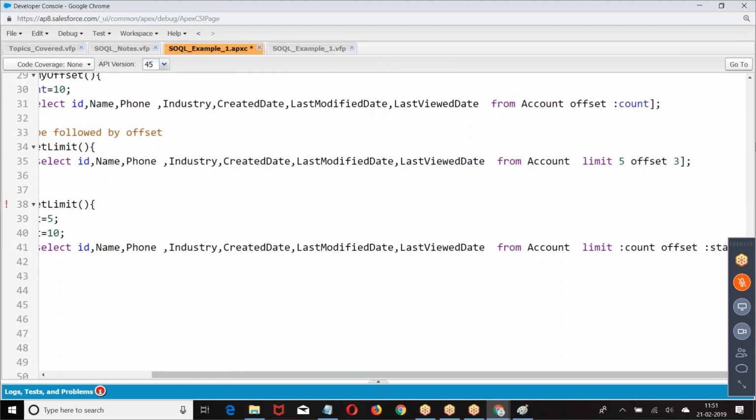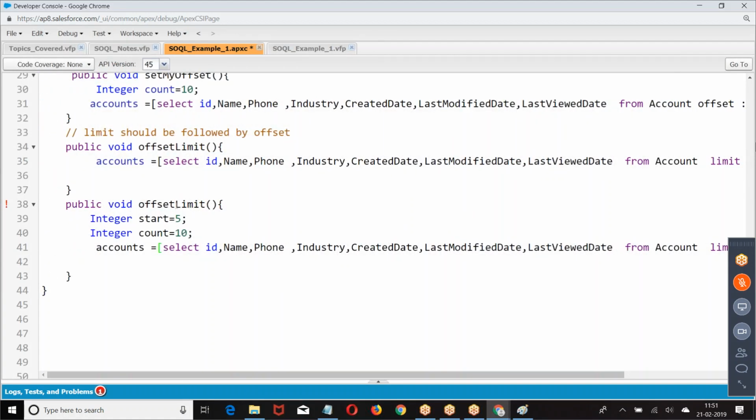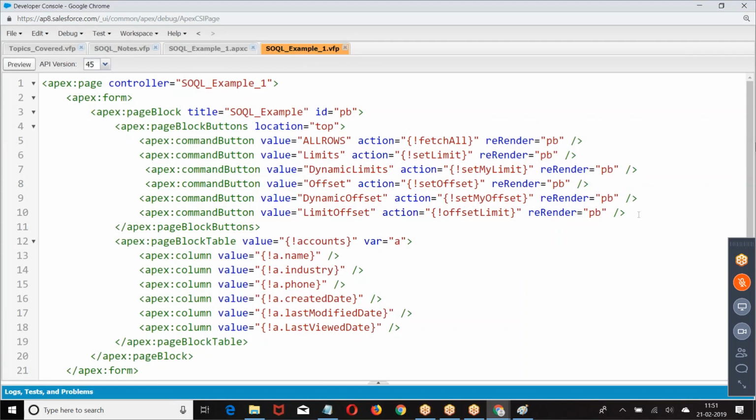Wherever I use a variable, I should always use a colon. Wherever we want to write a variable, we have to use a colon.